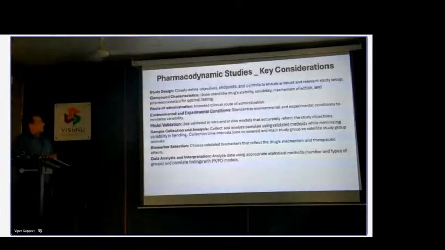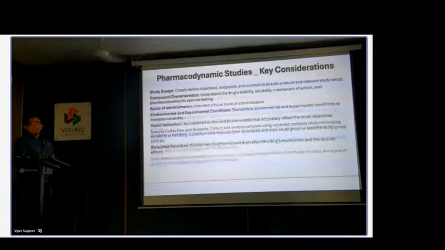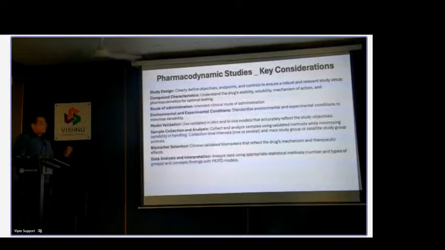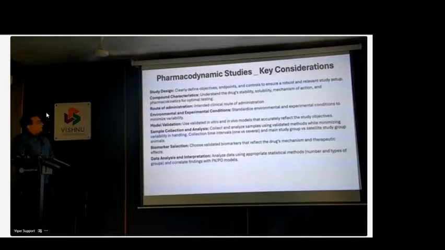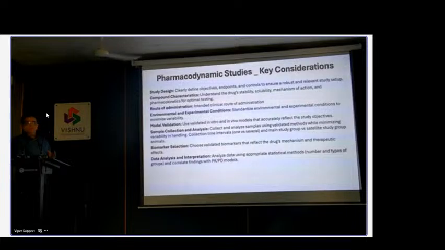So, other aspects of the study. The study design has to have a clearly defined objective. And as Dr. Jagdish mentioned before, how you write your hypothesis, maybe the experimental part will be discussed a little later. The endpoints, and you need to have appropriate controls if you are using any animal model, as a reference to establish that the model is working, and also so you can have a comparison.